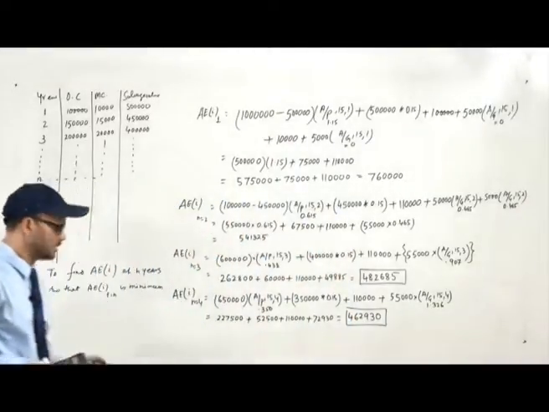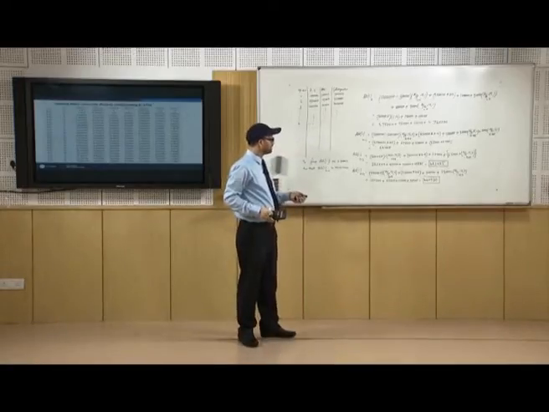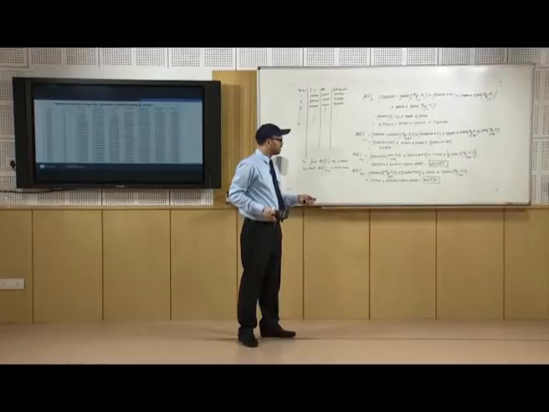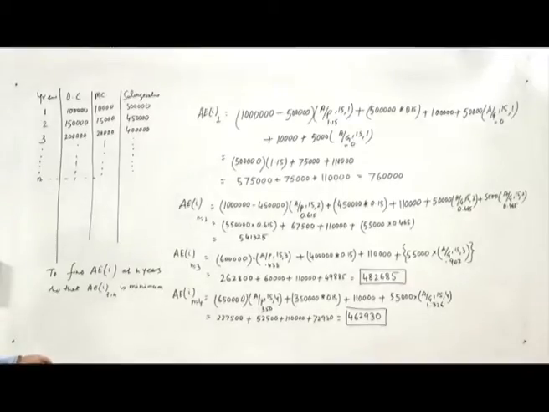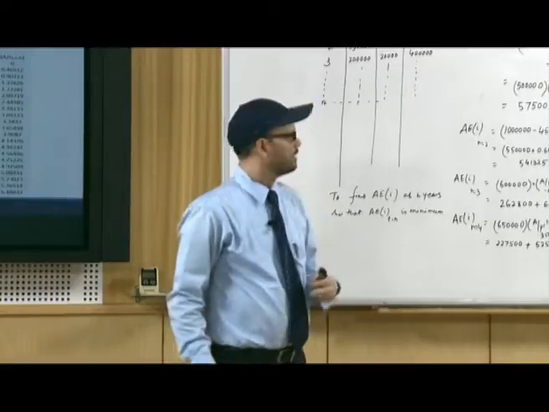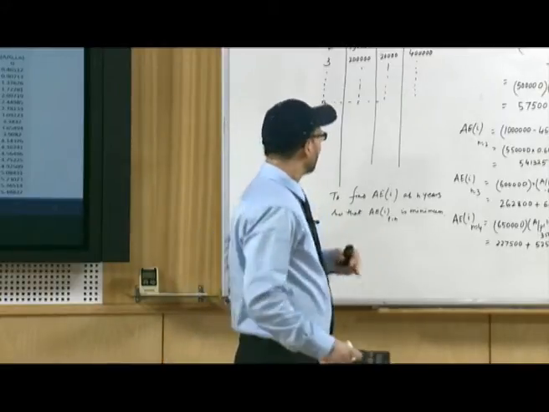What you see is that this amount is further decreased. If the machine is used for n equal to 4, the annual expenditure is further reduced to 462,930. So, it is economical to use it for 4 years instead of 3 years, but this is not the end. We have to again check